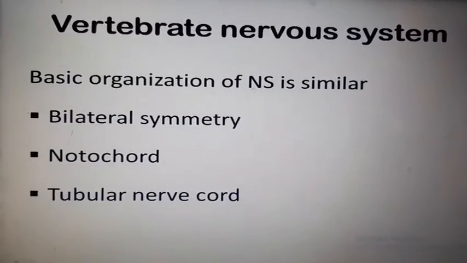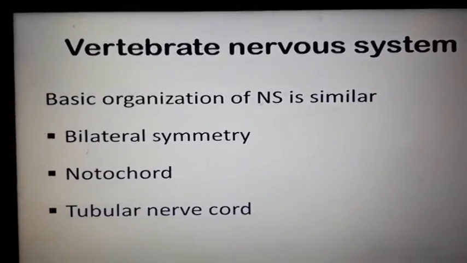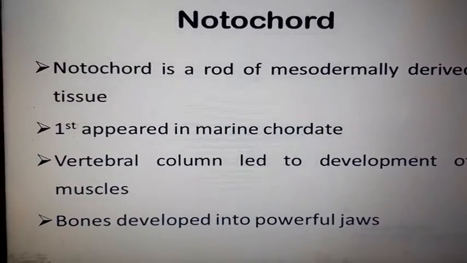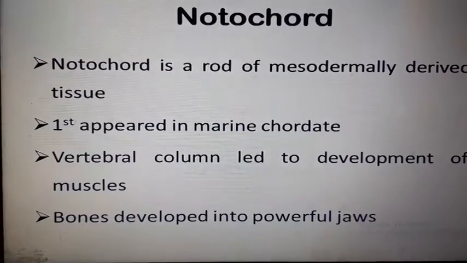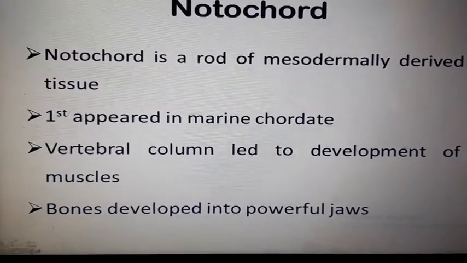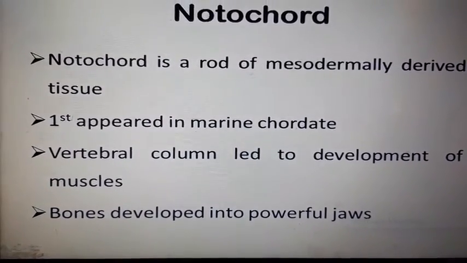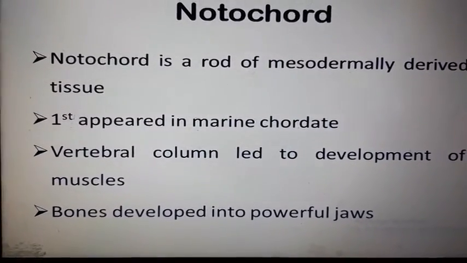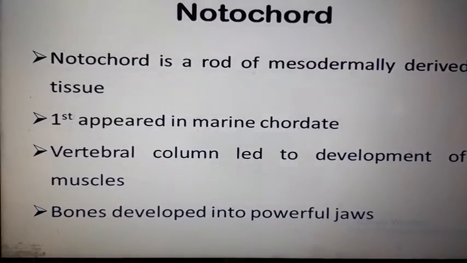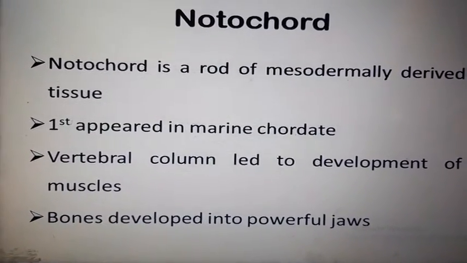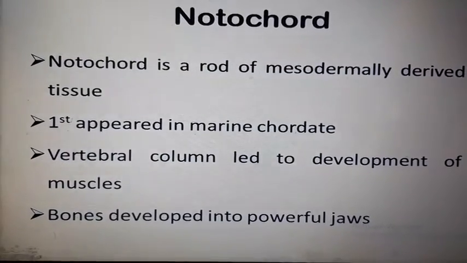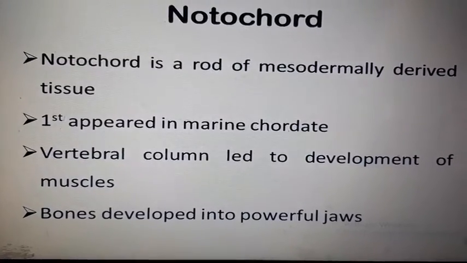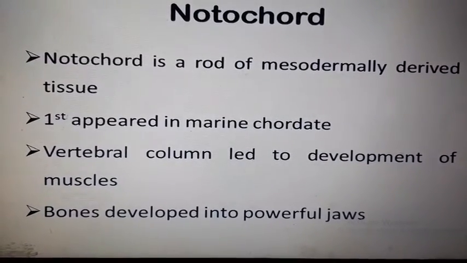So, firstly, we discuss the notochord. What is the notochord? The notochord is a rod of mesodermally derived tissue that is enclosed in a fibrous sheath that lies ventral to the tubular nerve cord, that is, ventral to the neural tube basically. It first appeared in marine chordates and is present in all types of vertebrate embryos, but is greatly reduced or absent in